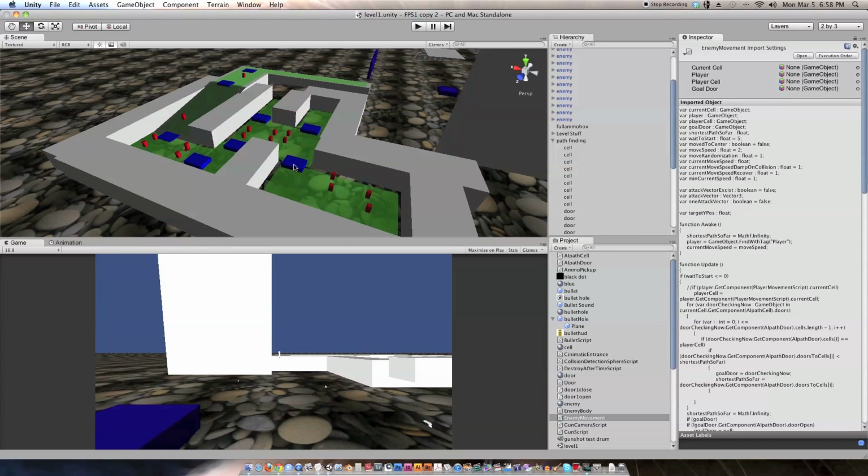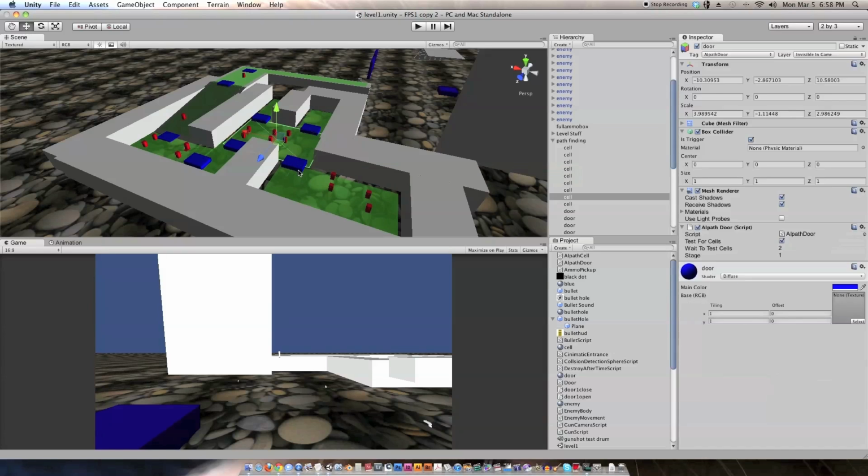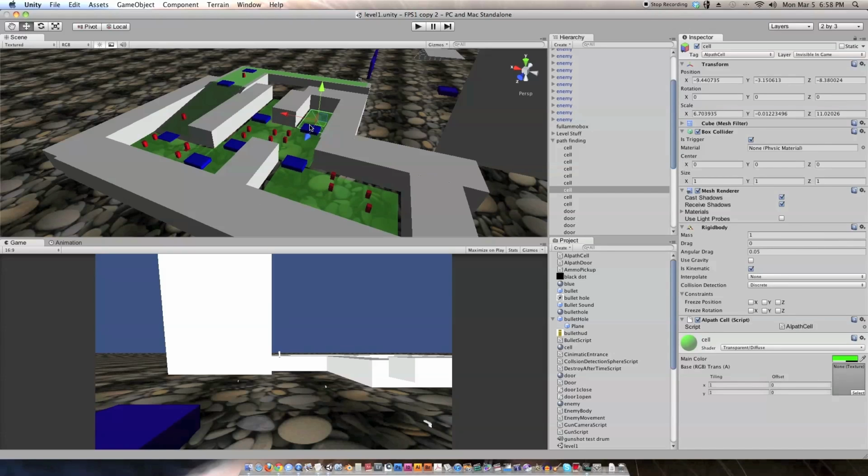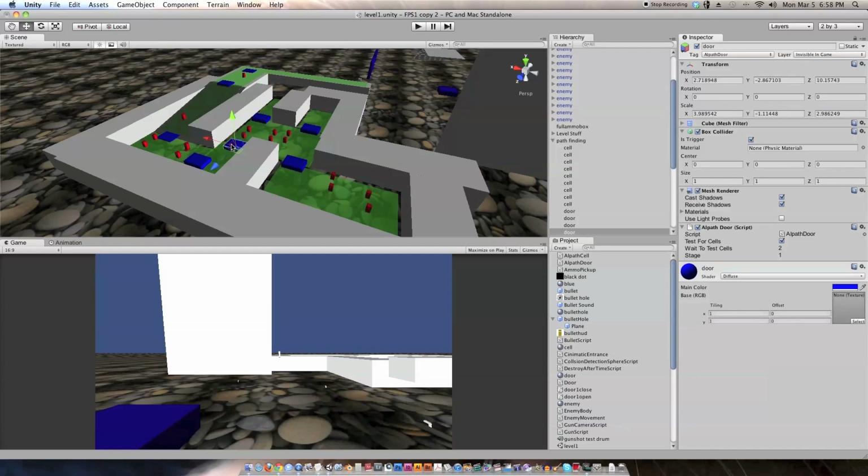Alright, so that is the theory of how our AI pathfinding system is going to work. Now that I showed you it inside of Unity, I'm going to show it to you on a whiteboard so that I can tell you with more detail, is that a word? Detailedly? Well, tell you with more detail about how this system is going to work